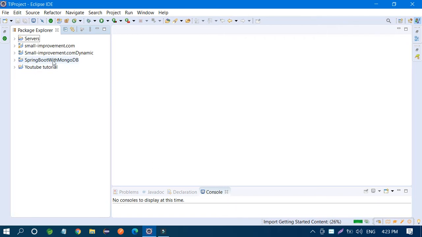So this is the Spring Boot MongoDB project, and in this project there are so many files. If this bar is completed, it is at 26%, you have to wait until 100%. Then your project is ready, and we can do the code after that.